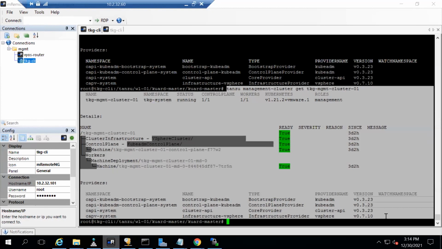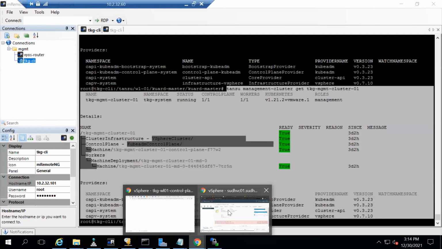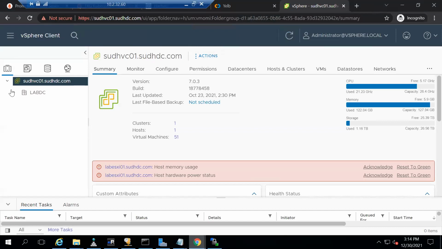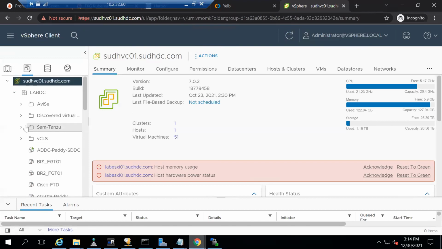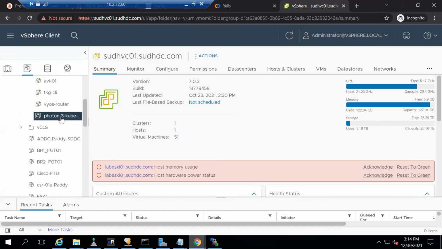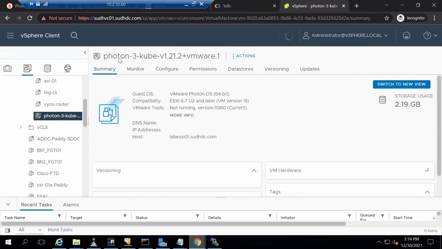Basically this is just creating virtual machines for you from a template that you use. You define a template here, and based on the template, it's going to deploy. The template is customized by VMware, and it comes with Photon, Ubuntu, and I believe Red Hat as well. You can choose any one of the templates, and based on the template that you're deploying, it will deploy the management cluster for you.